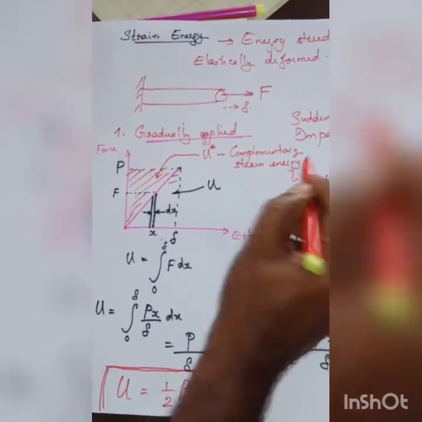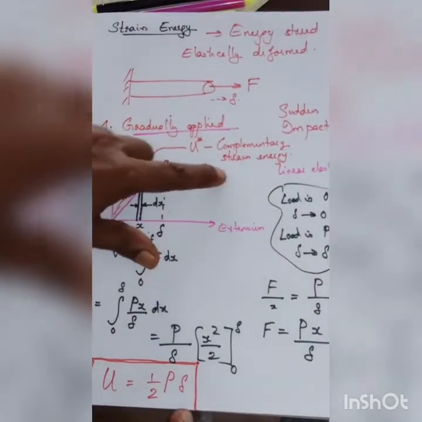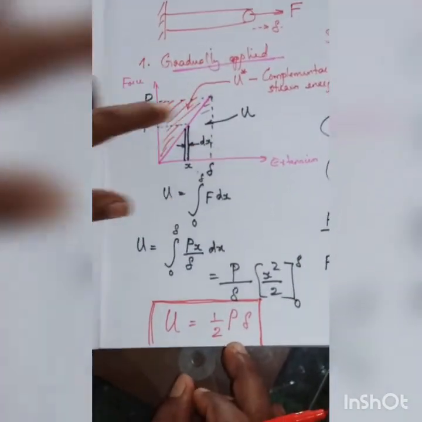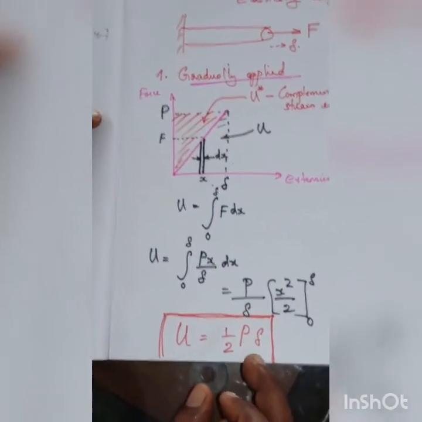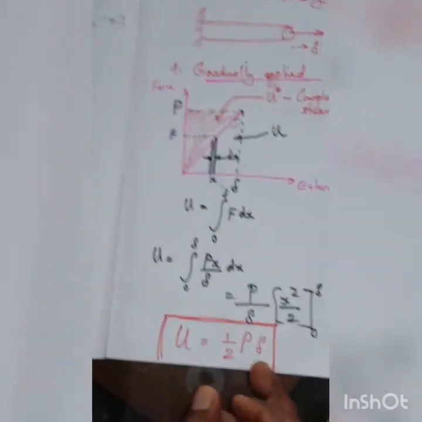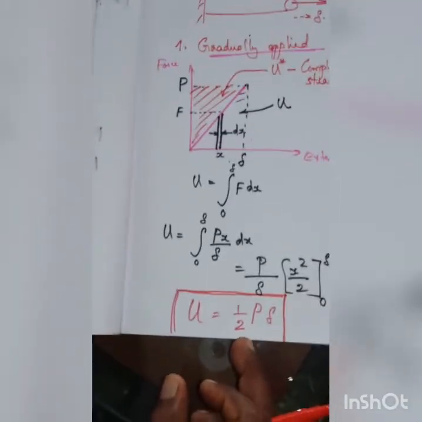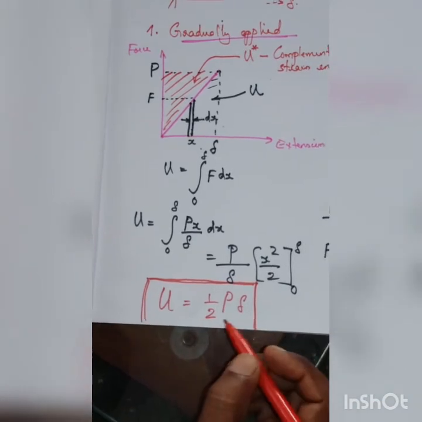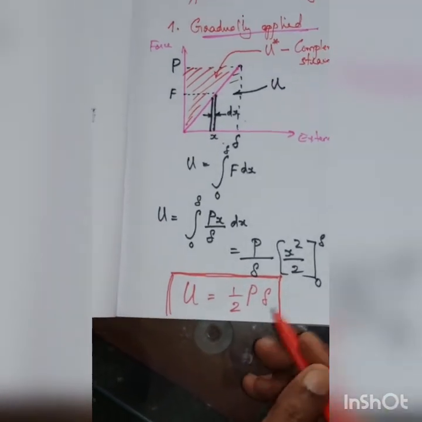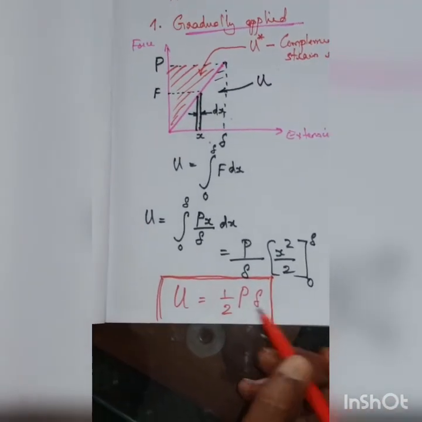Even though this is the relation we see, U equal to half P delta, more often we will make use of equations of strain energy using material properties, load, geometry, etc. So that we can see. So here the load